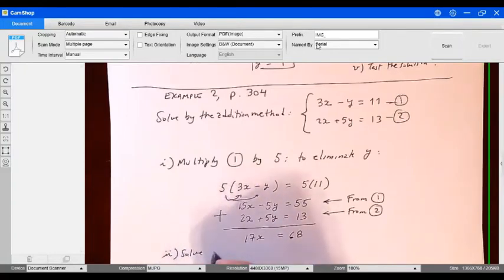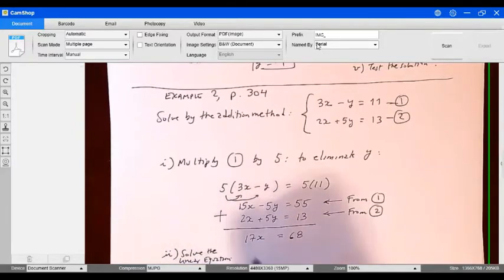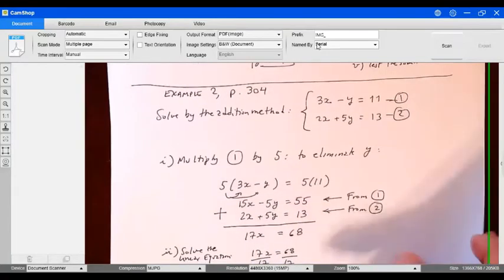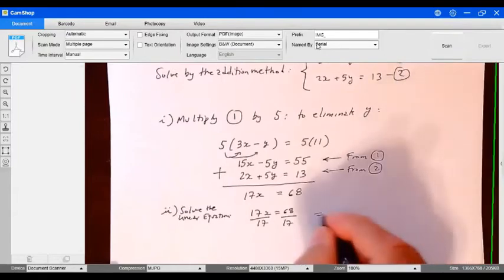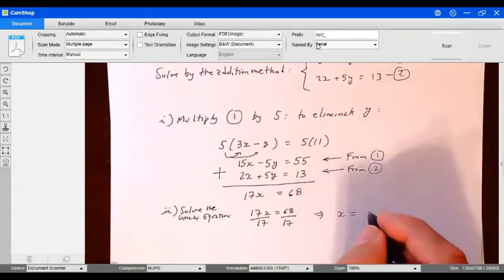So we have 17x equals 68. We're going to divide by 17 both sides of the equation. So in that way, we're going to get x equals